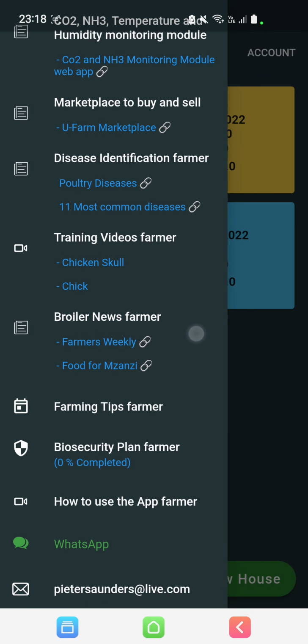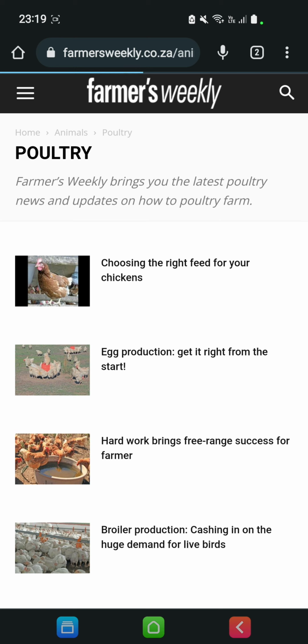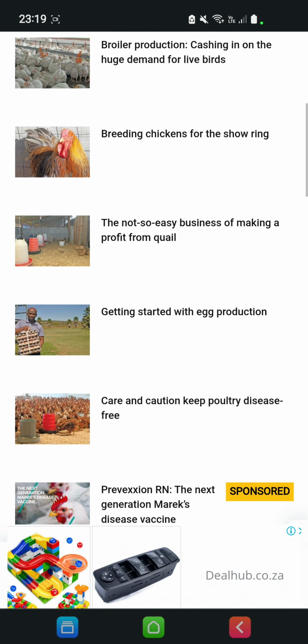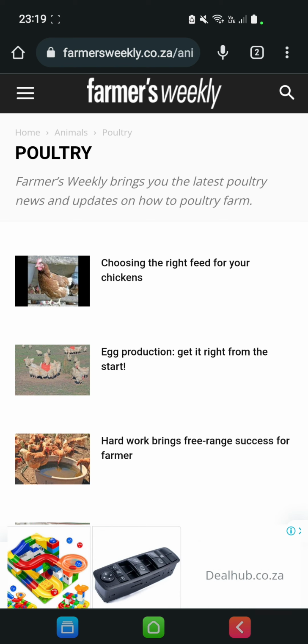Now the next point is the broiler news for the farmer. So the external link there, Farmers Weekly. If we click on that, it opens the Farmers Weekly magazine, of course, which then shows the Farmers Weekly webpage, direct link to all the information about poultry in Farmers Weekly, so you can read the articles that are available. It's quite a nice to have. If we press the back button,